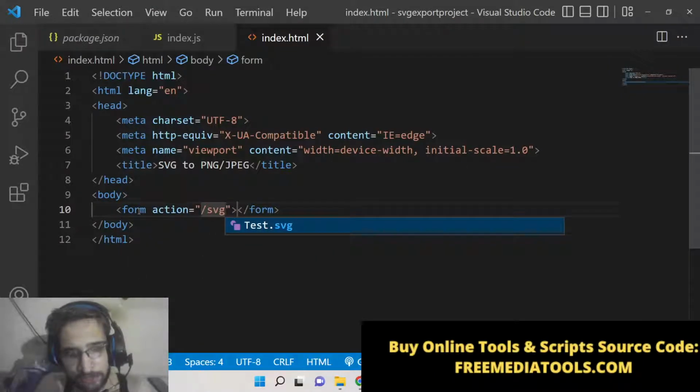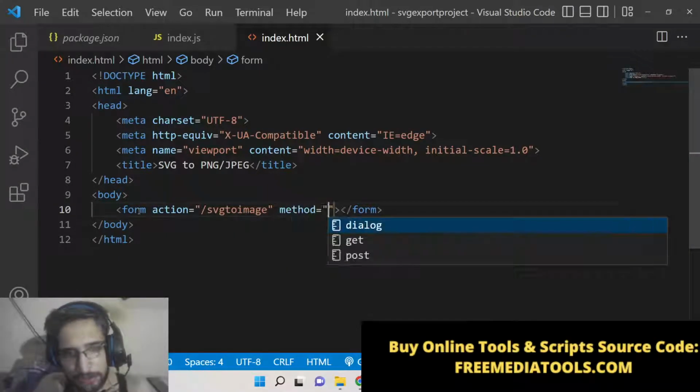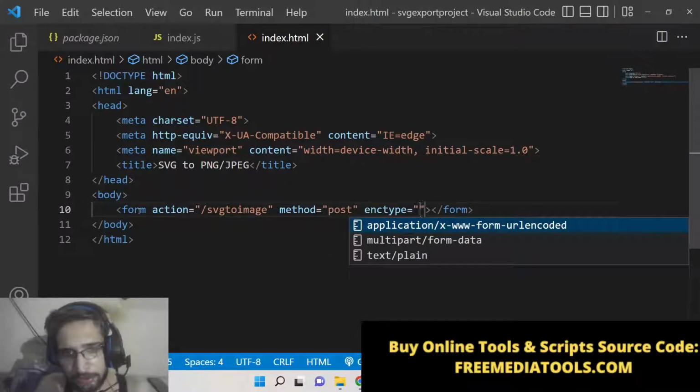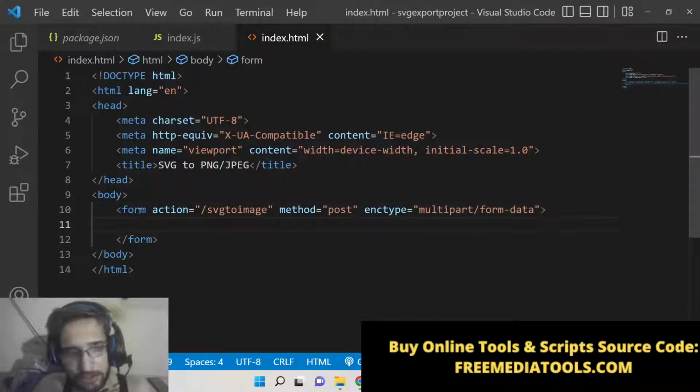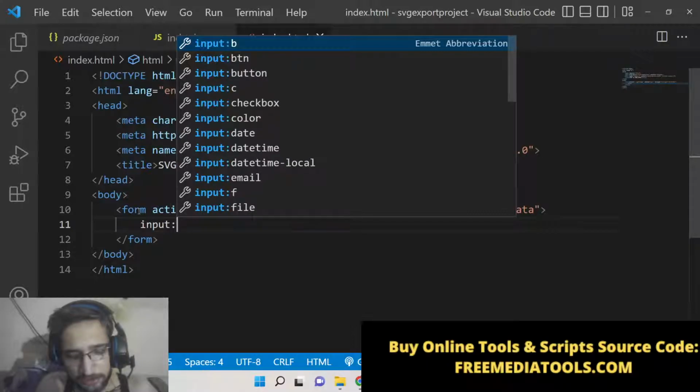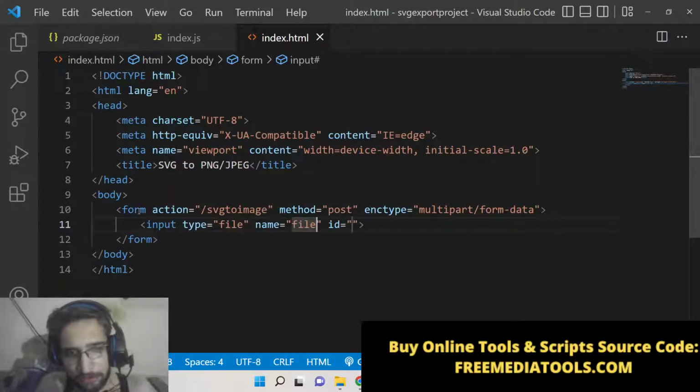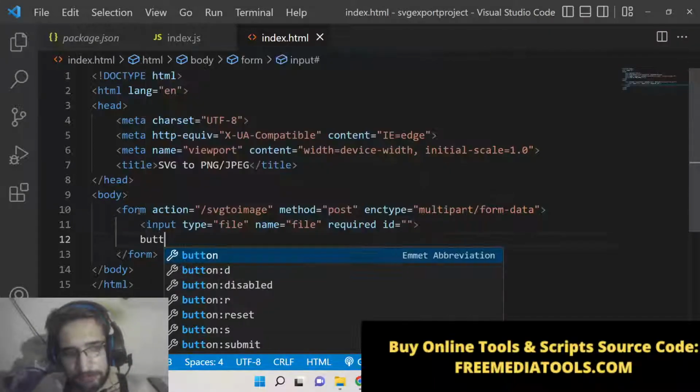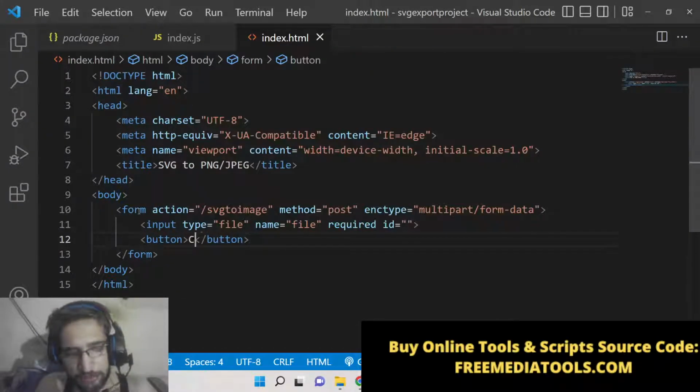So we have a form. The action will go to svg-to-png-image. Method will be post, and here you need to provide encoding type as multipart form data, and here we need to have a simple input field of type file. Name will also be file. This should be required. After that we will have a button, export to image,